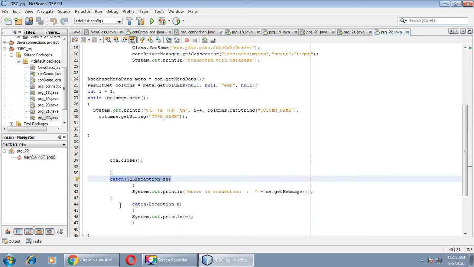In this program I took more than one catch block, catch 1 and catch 2, and specifically the SQLException class is taken.